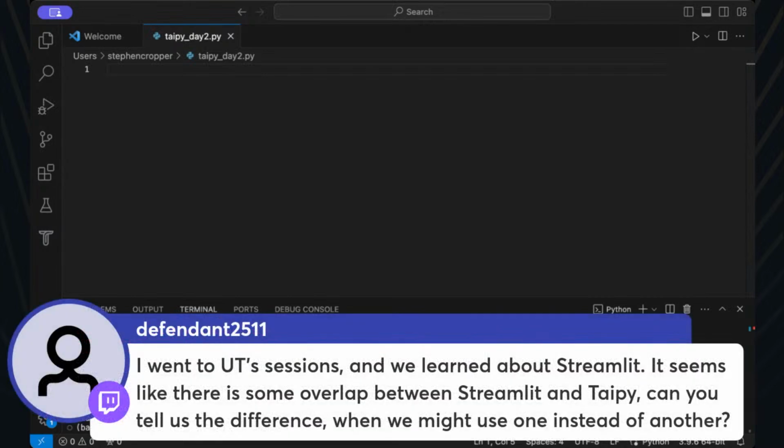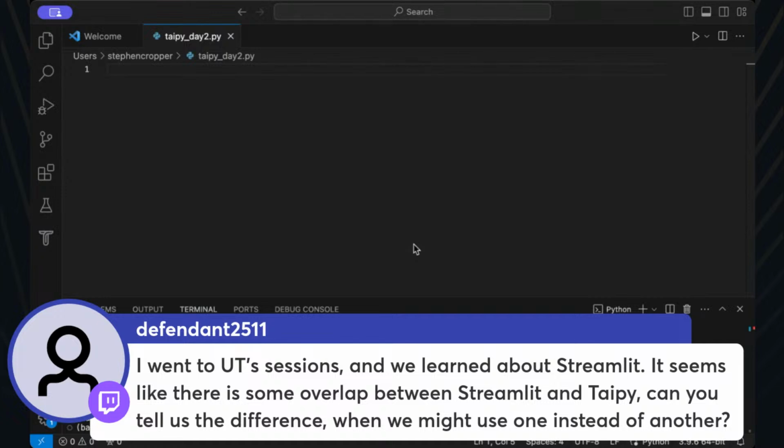And then Defendant says, I went to UT's sessions and we learned about Streamlit. It seems like there is some overlap between Streamlit and Taipy. Can you tell us the difference when we might use one instead of the other? And yeah, I'd be happy to tell you about that. I think that it's really going to depend on your own preferences.